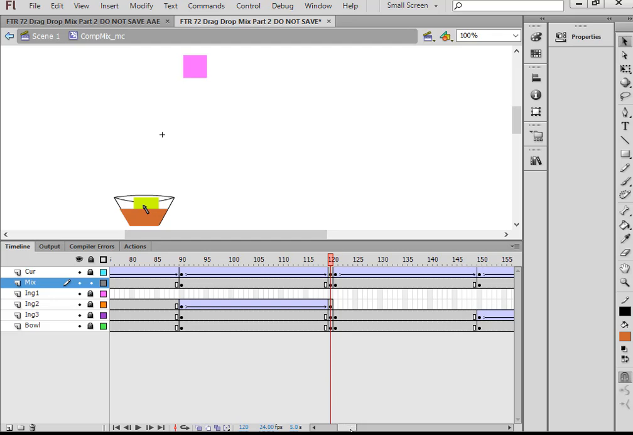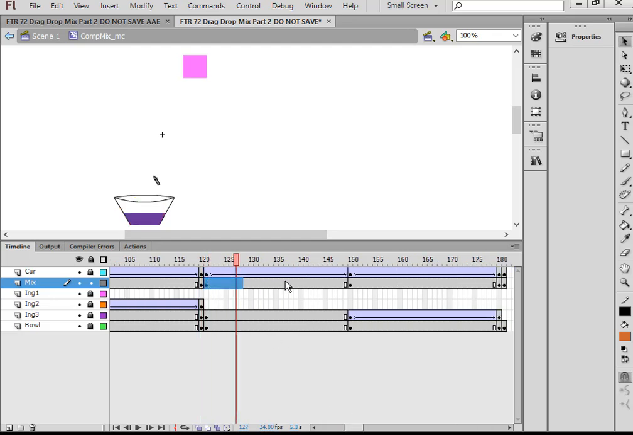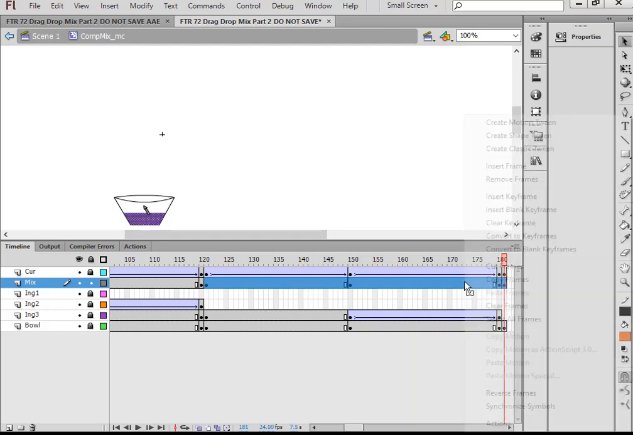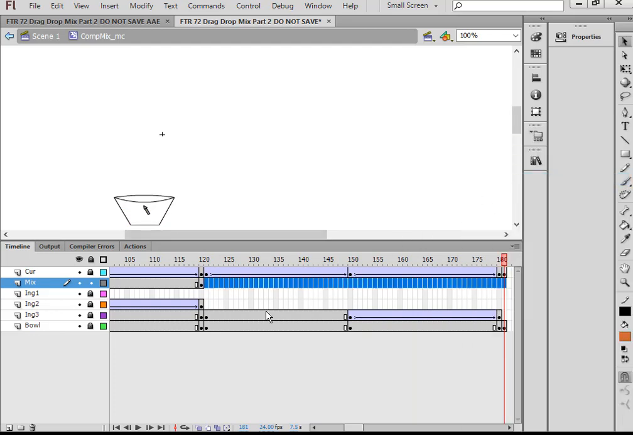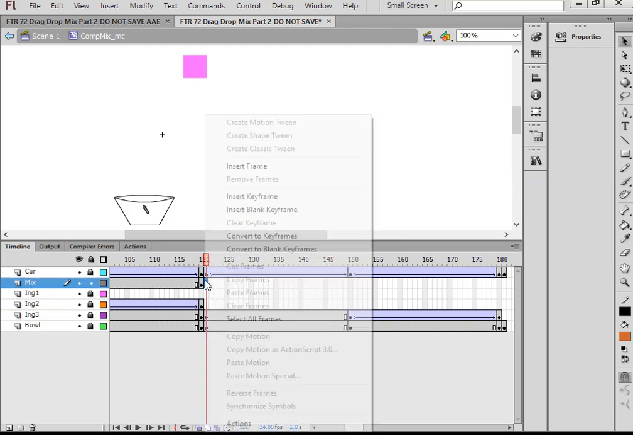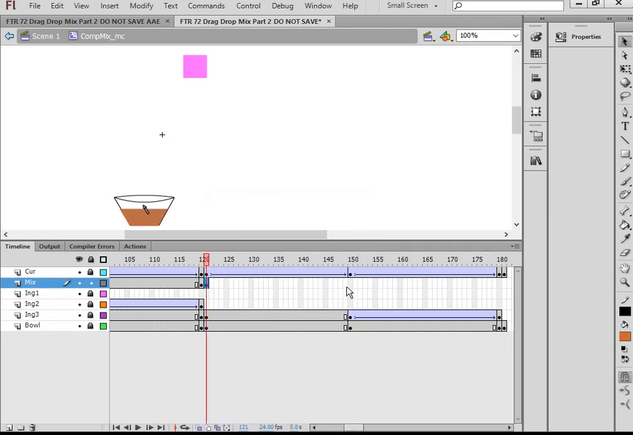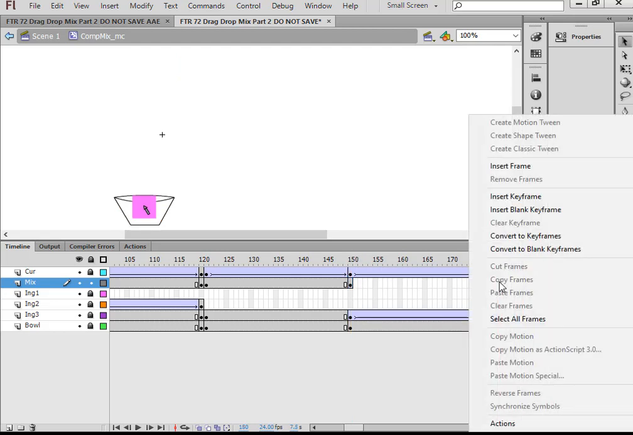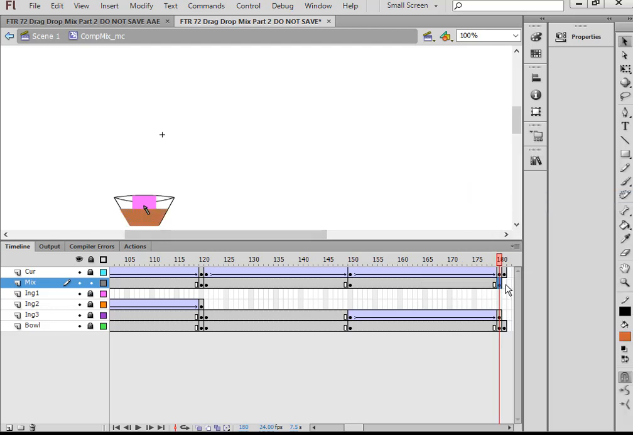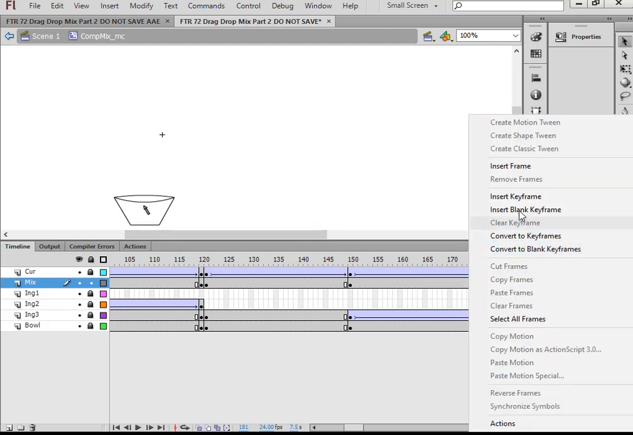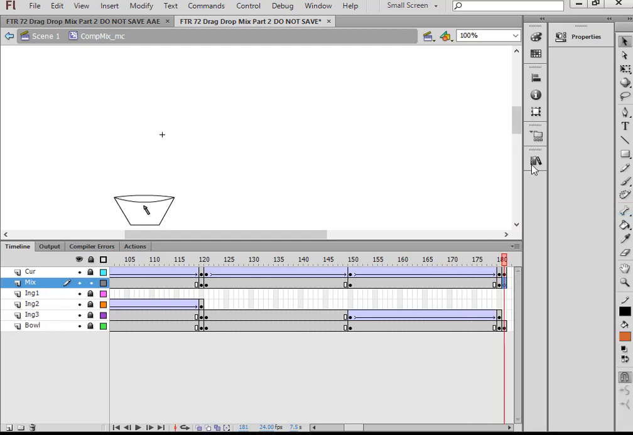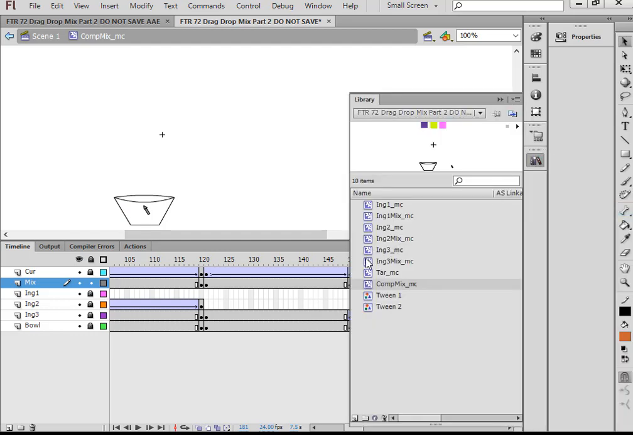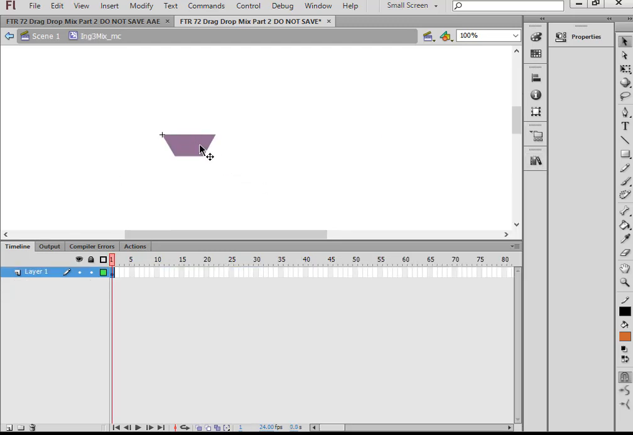So let's do something here. Let's click here and remove these frames. Now I can here insert keyframe. Here I can insert a keyframe. And here insert a keyframe, and now I gotta insert a blank keyframe, and now I gotta go get that mix 3. Open up the library, mix 3, copy that,